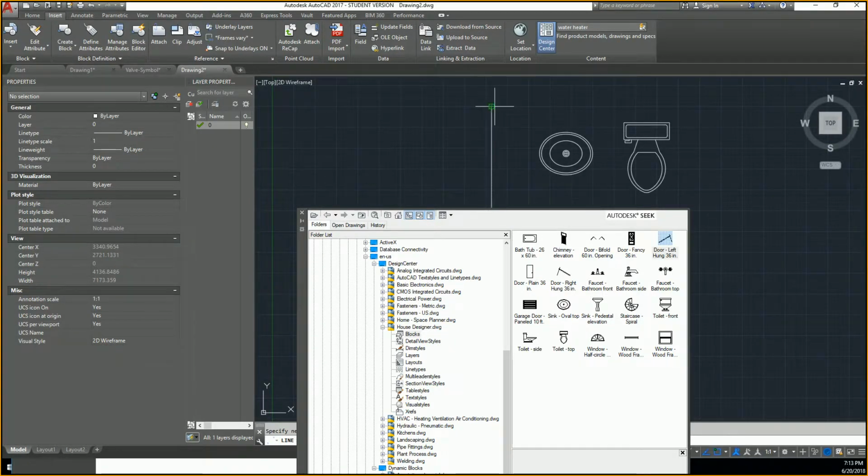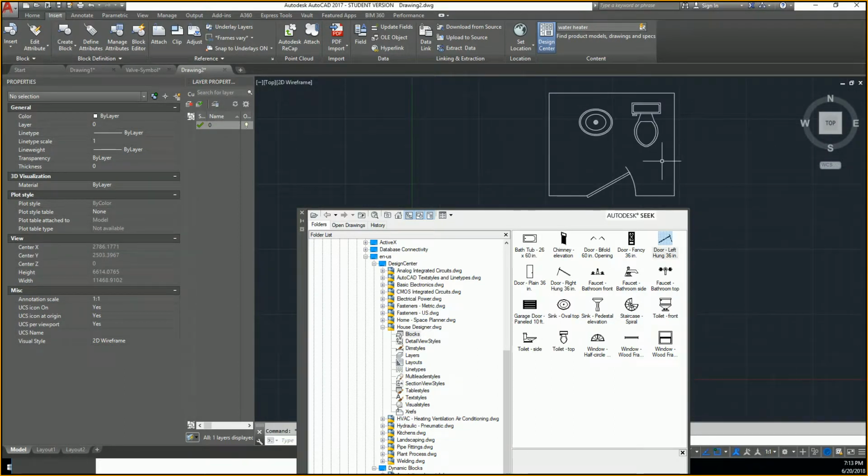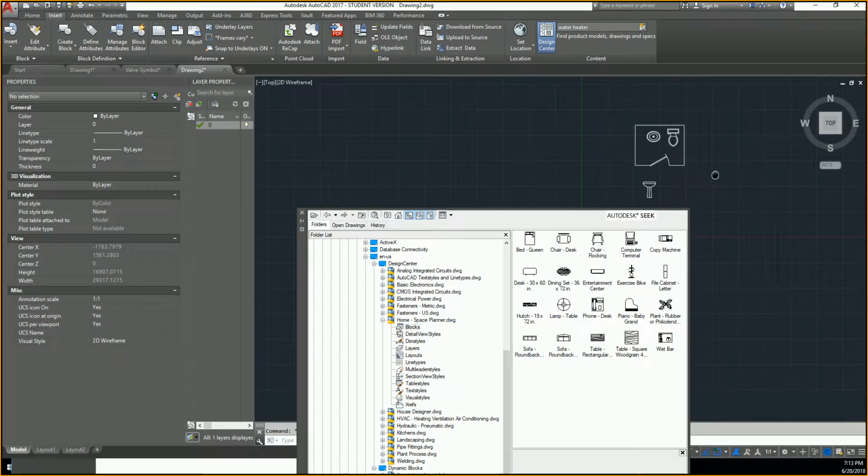So just like that. In a matter of about 10 seconds, I've already designed a basic washroom. Right? That looks really quick and simple. And the whole key idea behind all this is speed. It always comes down to the speed of what you can produce through AutoCAD, because there's not really a lot of